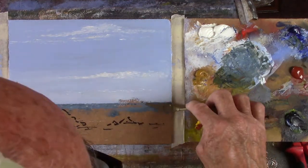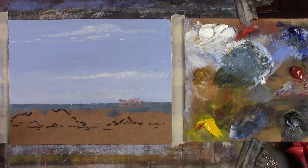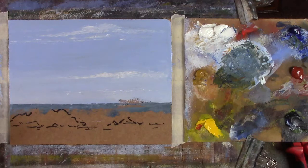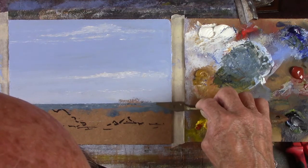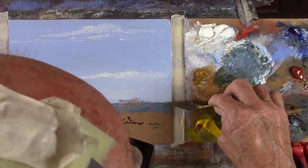What you don't want to do is put a bit of masking tape across the whole horizon, because when you remove it, it's got a hard line. And if you can get a